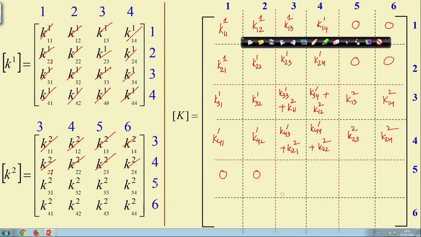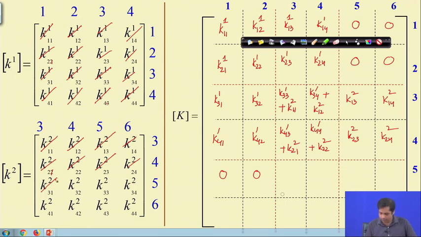Then we have 5 3, 5 3 is K312. Then 5 4 will be K322 and then 5 5 will be K332,